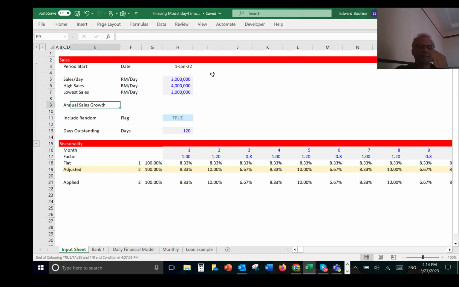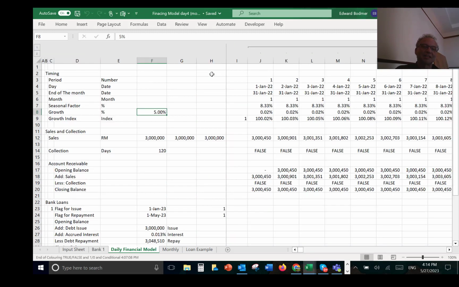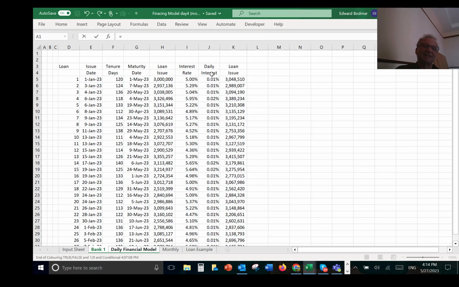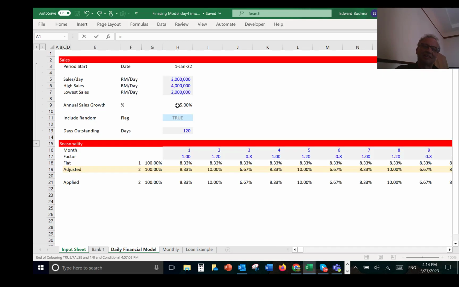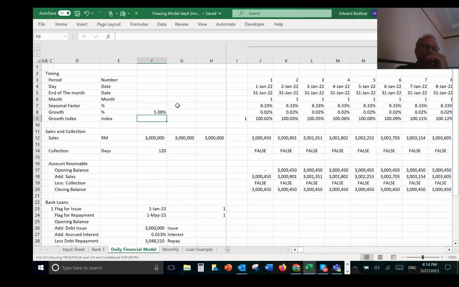Okay, and let's put a percent, and let's put our 5% here. But that's, of course, a whole lot different than a daily percent growth in sales. And again, I'm repeating, but you need to raise it to the power. Okay, and then when we do our sales collection, we can, up here, maybe we put,